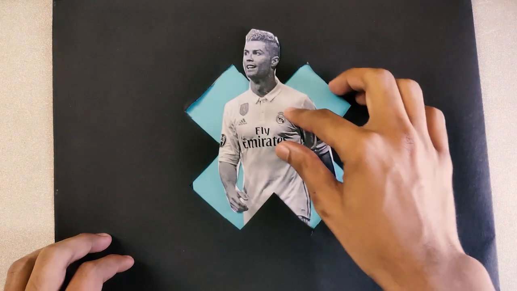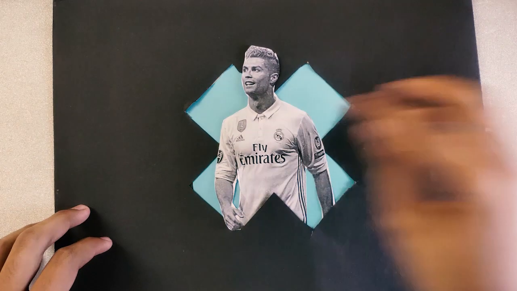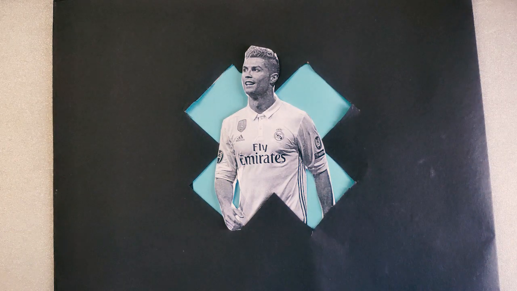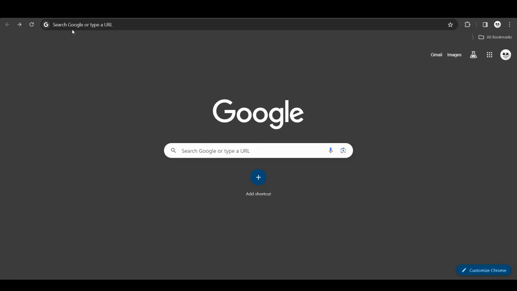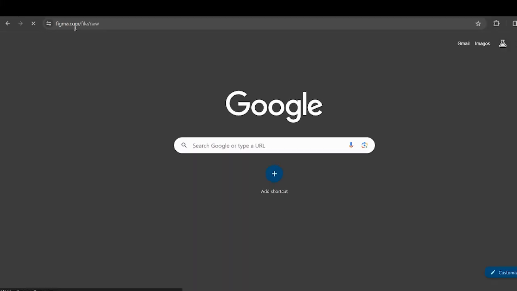This way, when we want to make any changes, we don't have to trim the image, as the frame takes care of what is visible to the viewer by hiding things. Now let's try to recreate that using Figma. Go to Google and type in www.figma.new. If you already have a Figma account, this would directly take you to a draft page.